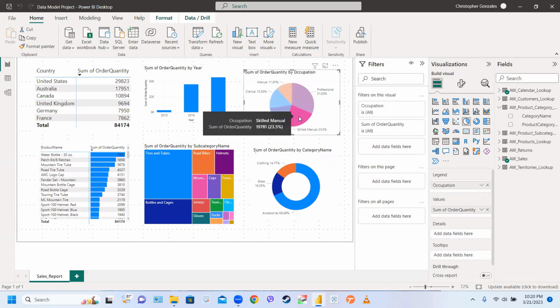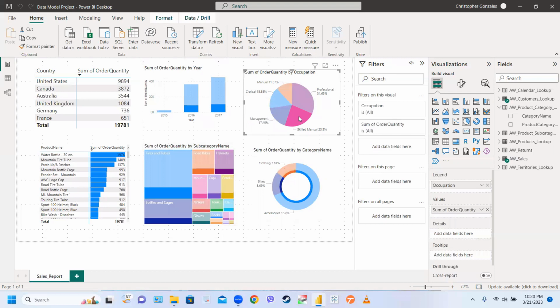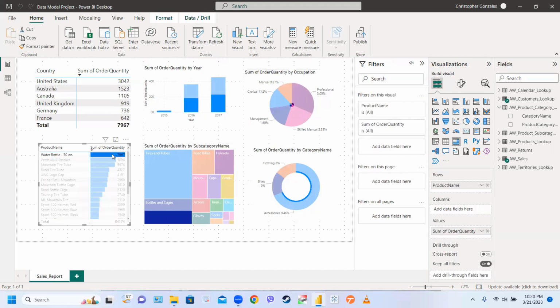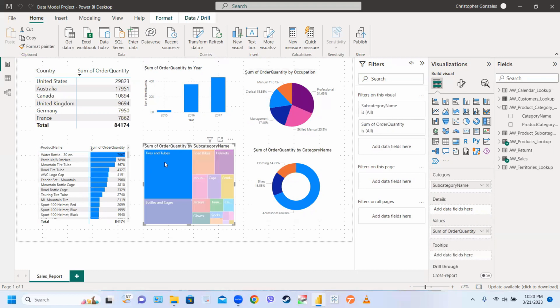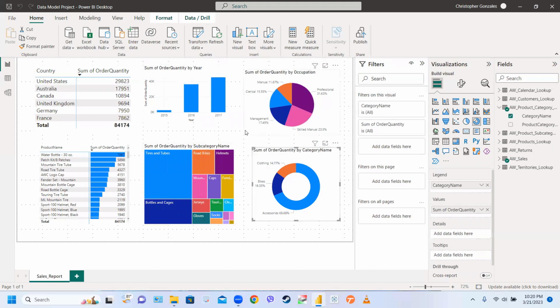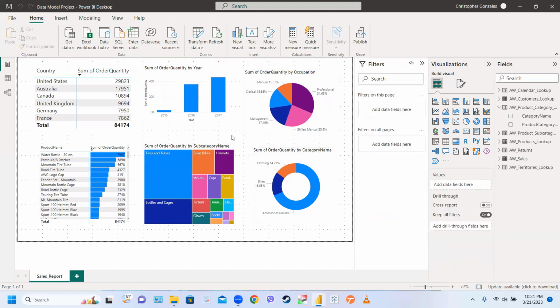Let me try customer data. So by selecting professional, skilled, manual, everything is sliced properly based on water bottle product, tires and tubes subcategory, and accessories category. So this is a very dynamic dashboard that we have already established, with the help of establishing the correct data model. Now lastly, in this project,